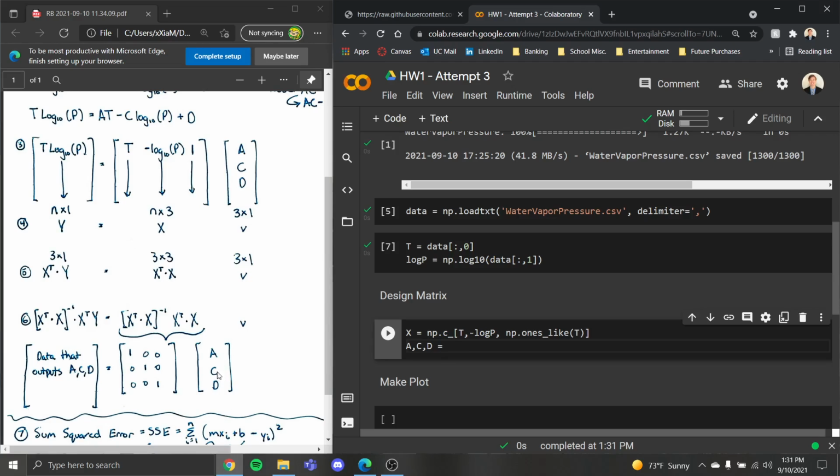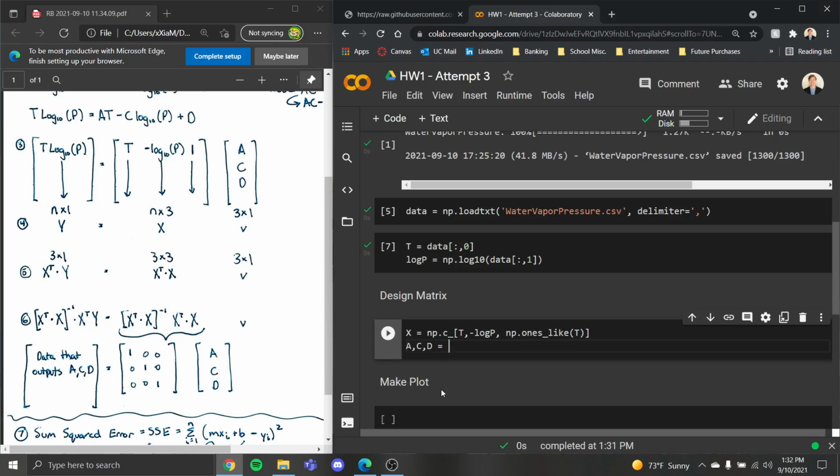So in order to do that, we need to be able to, one, use our X matrix in linear algebra, and then we also need to call upon our Y matrix, which is this T log base 10 of P. So more or less what we're going to do is copy this equation here on line 6 of the inverse of X transpose times X using matrix multiplication, then again using matrix multiplication of X transposed times